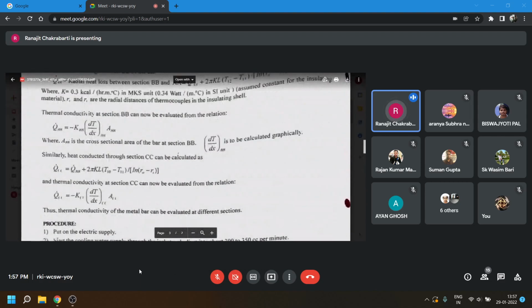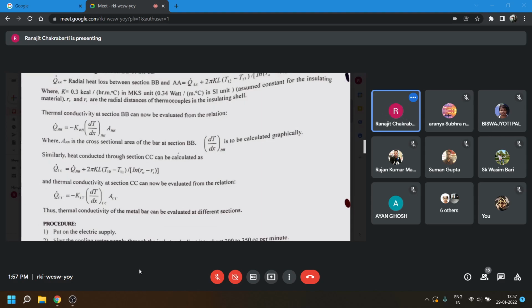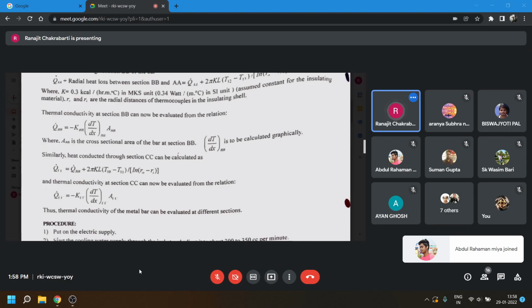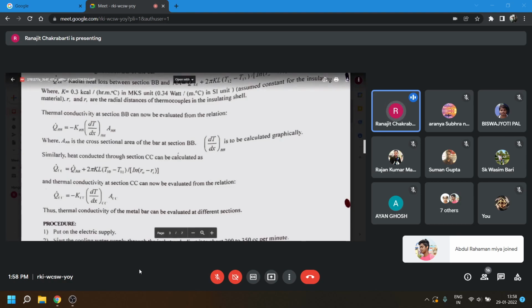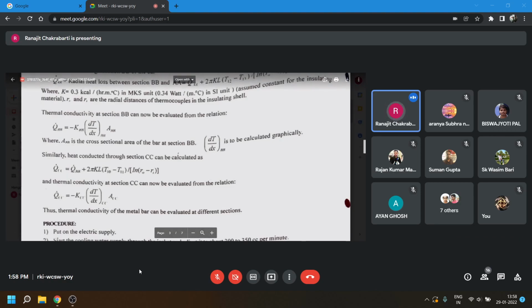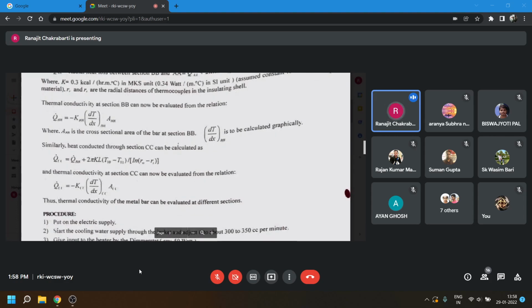Come to this equation here once again. Q dot BB we have already determined, and q dot BB plus 2 pi KL into T10 minus T11 divided by log RO divided by RI, not minus. This is a misprint. K is the thermal conductivity of the insulating powder, that is equal to q dot CC. Again, q dot CC is equal to minus KCC into dT dx at CC into ACC. That means